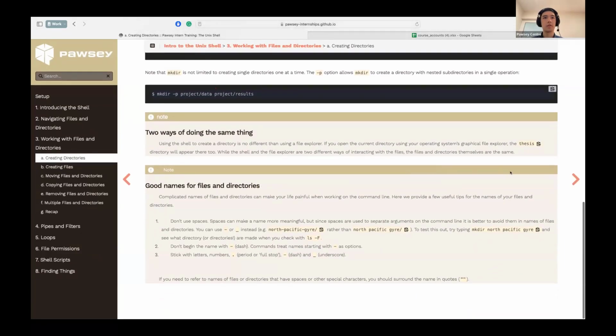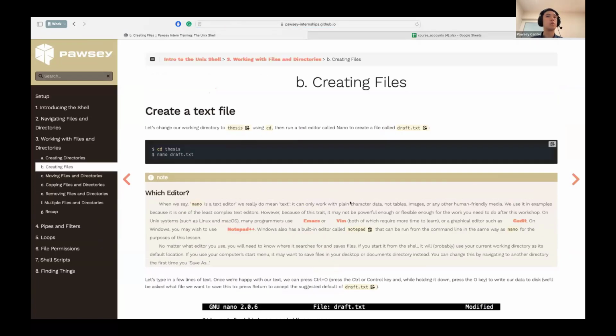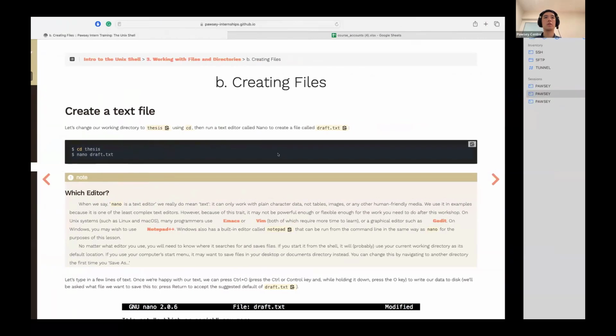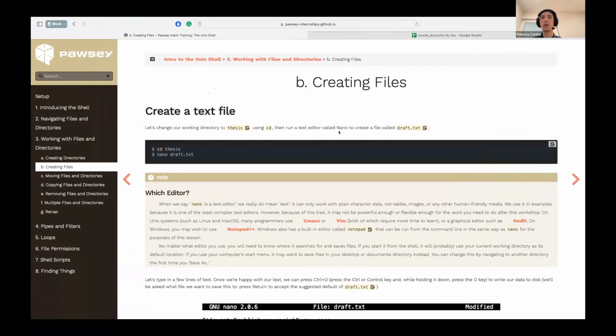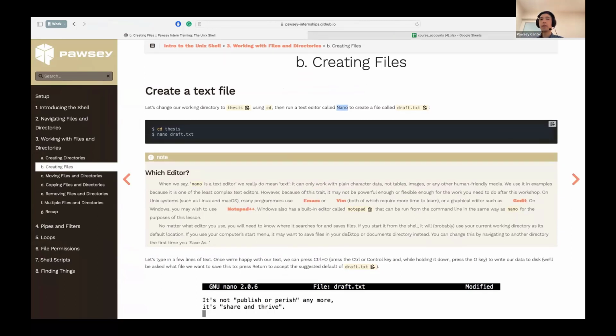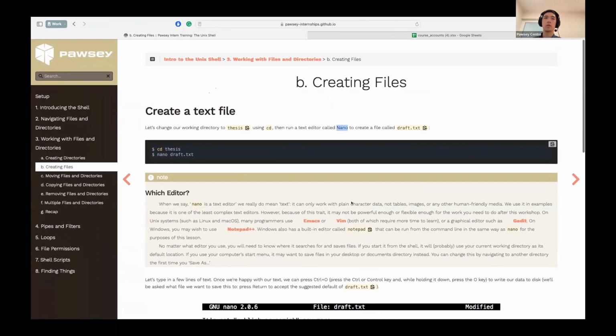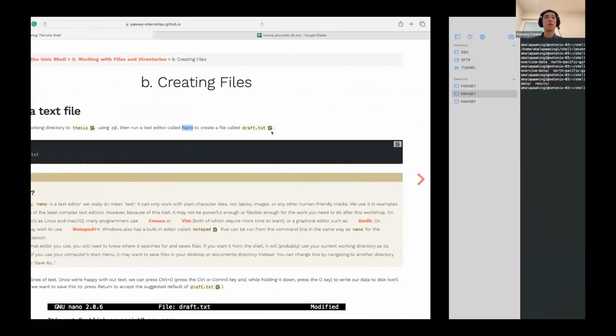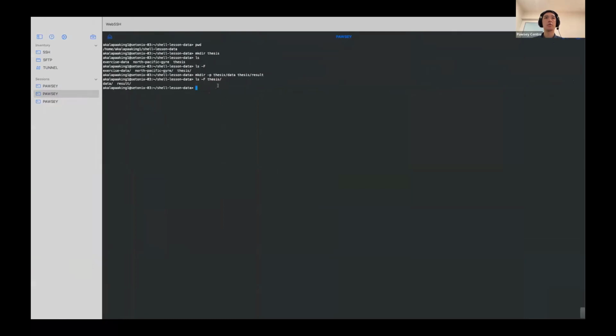So now we're creating files. We can move to the folder thesis, and we try to create a new txt file using the nano command. Nano is the text editor here. There are others like vim, but I recommend using nano because it's simpler. Let's have a try. So now I'll move to, oh, I can't,